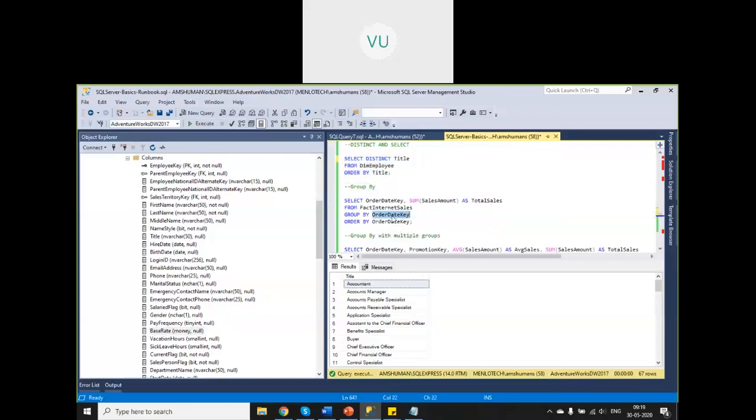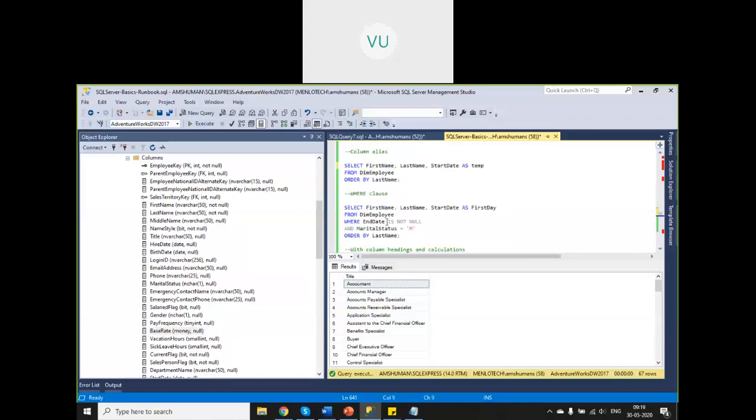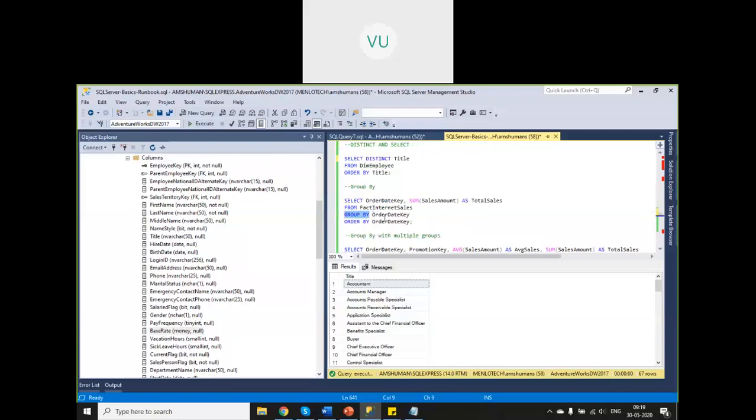So group by, what we understand is, from this particular table, first you will group by. So what is the order? First group by, then select, and then order by, right? First you will apply group by. That means all the records are grouped by this particular column value.